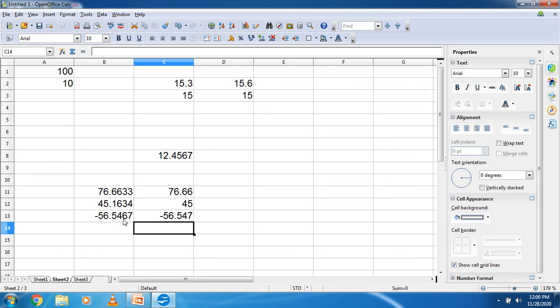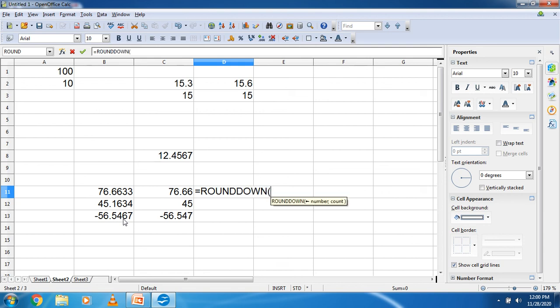Just like round, there are two other functions, round down and round up, with the same general form. So experiment with these functions and identify their differences. Suppose here I am using the function equal to round down, bracket open, select the number, semicolon 1, bracket close.